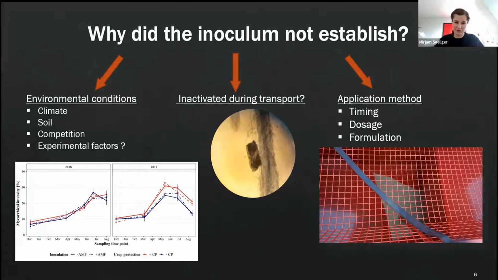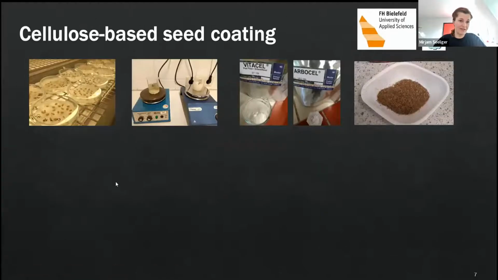So for example, on the gloves, on the buckets and everything. So we needed to do something about this root powder itself, as the formulation. And for this, I decided to create a seed coating, because I thought if the inoculum is stuck to the seeds, you can create a much closer environment of the seeds and root powder, so that the colonization would happen